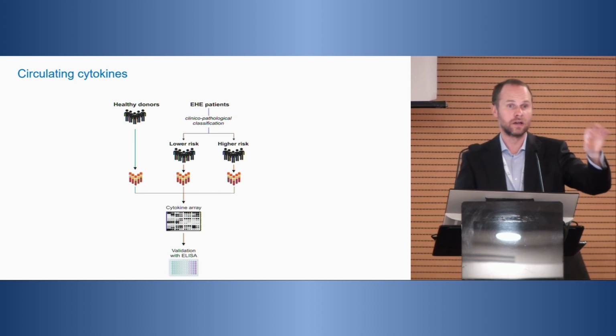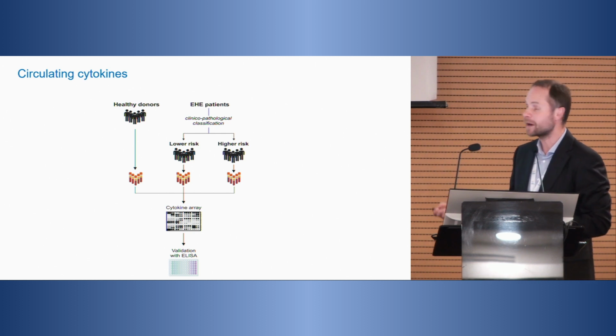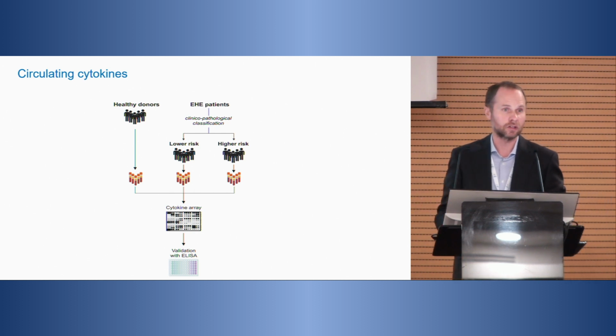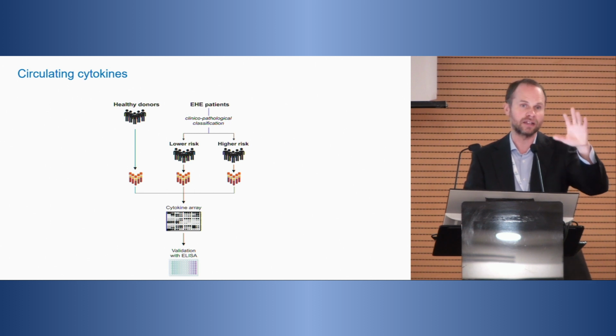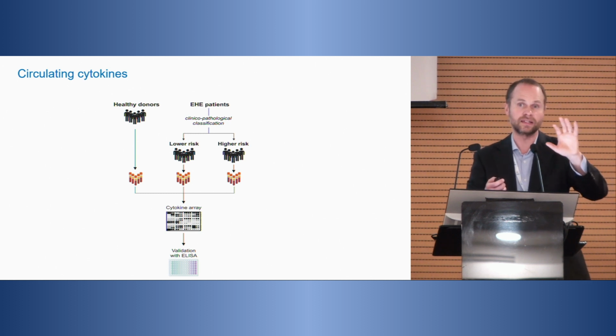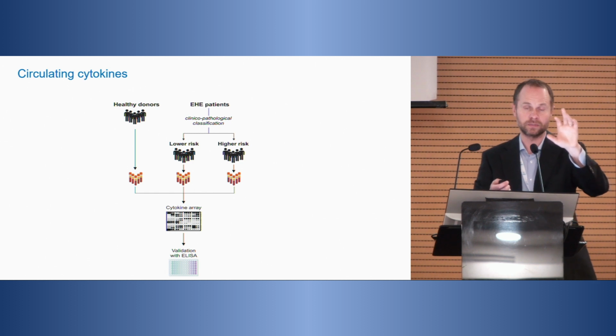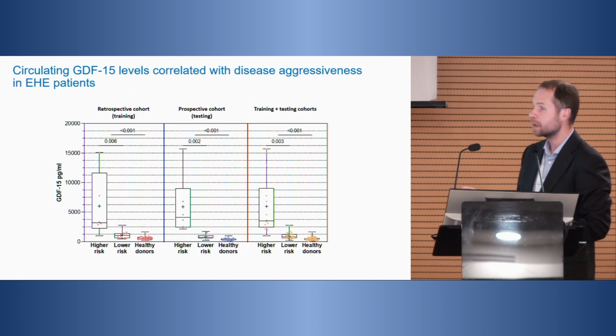One without disease, one with disease but a low risk, and one with disease but a high risk. And we use a couple of laboratory tools to look at cytokines that might be altered and modified across these different patients. One is a qualitative one, the cytokine array, which gives us just the idea that a cytokine is different between these groups, and the other one is more quantitative. So it gives us a number, a concentration of a specific cytokine across the patient groups.